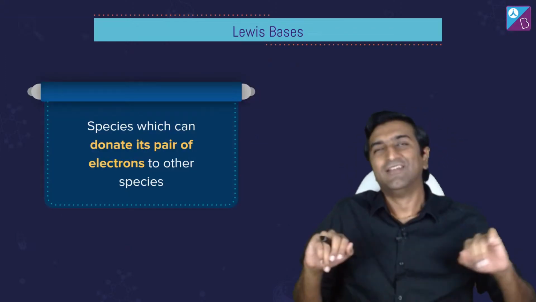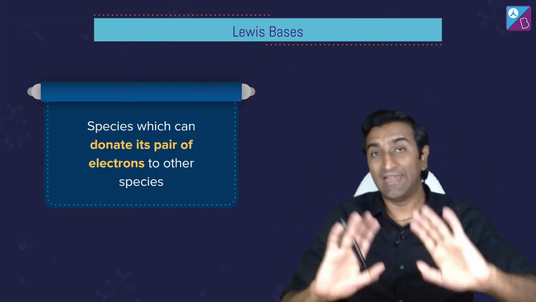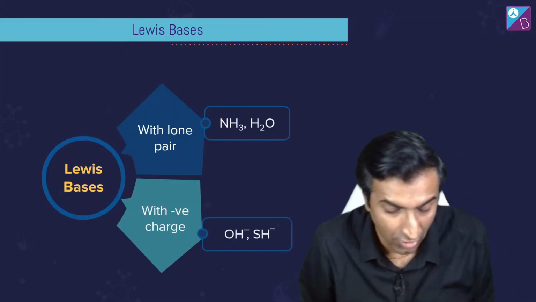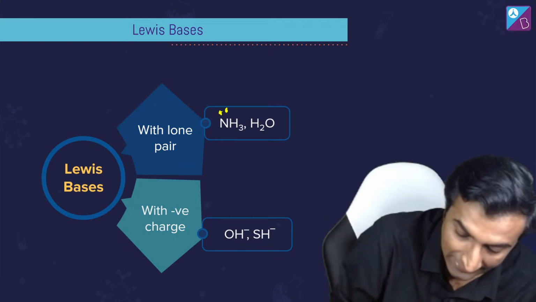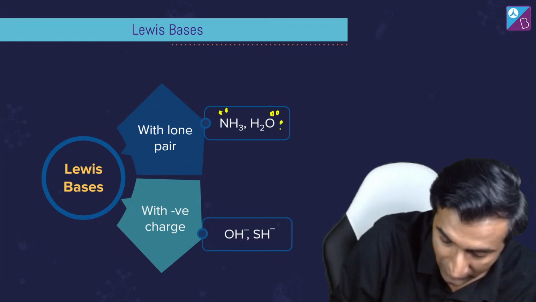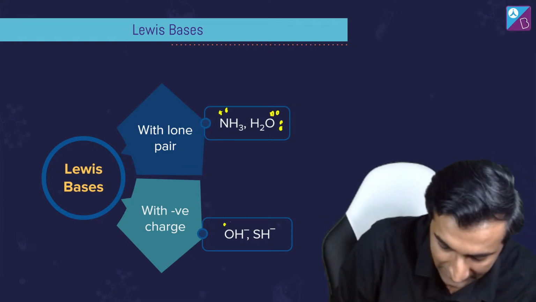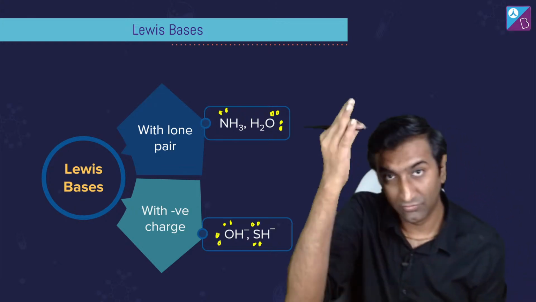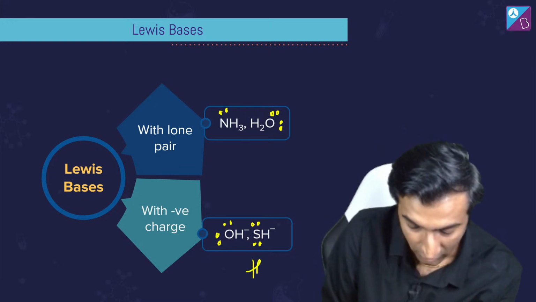Donors are things, species that give away electrons. Those are Lewis bases. Why will something give away electron? If it has extra electrons. देखो इसमें है electron pair, बाप रे oxygen में तो 2 है electron pair और इसमें तो बहुत ज्यादा ही है. There are electron pairs and there is this thing. Sulfur is also like oxygen. वो oxygen के नीचे है ना, इसको thiol बोलते हैं.